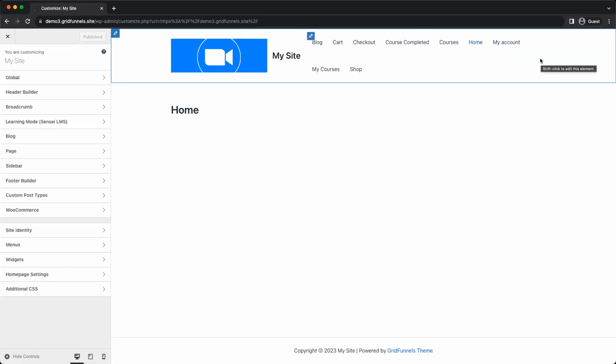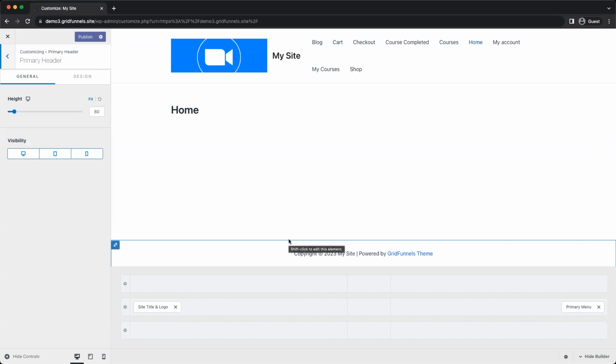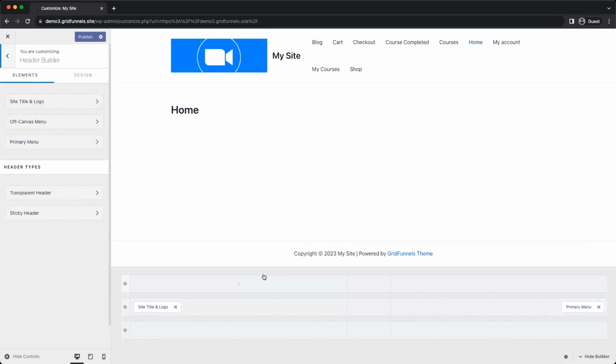If you want to start customizing the header, the easiest way is to click on the pencil icon on the top left side, and then the header will pop up. We can also go manually in here, clicking on the header builder, and it will take you to the same place. So on the header builder, we have 3 rows, 1, 2, 3, which on each of these rows, we can add